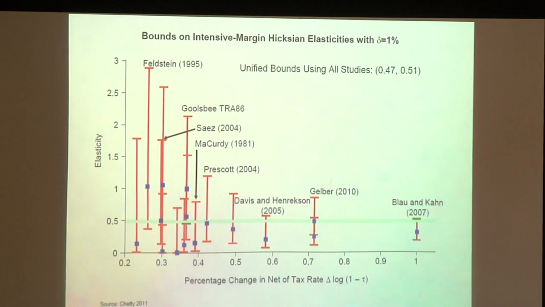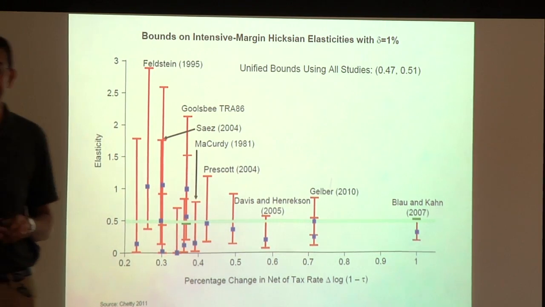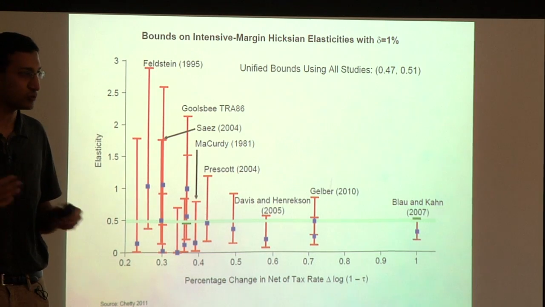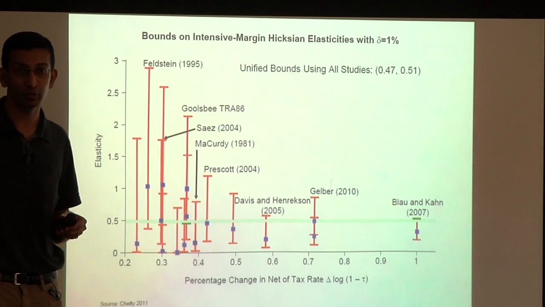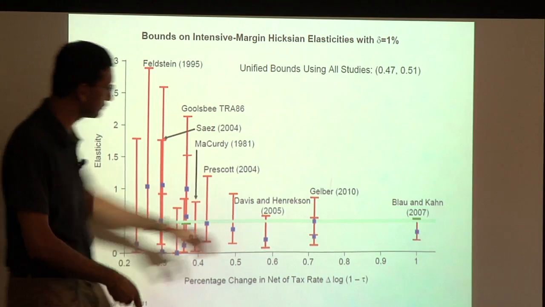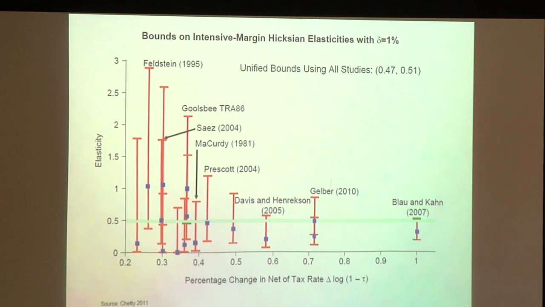And what's going on here, so like where do you get the upper bound? You have this Blau and Kahn study, which I described, which uses the grouping estimator. The grouping estimator generates very large wage changes because over the past few decades, it's not just about tax policy. There have been really differential wage trends across these groups. And if you believe their research design, that gives you a point estimate, but it also gives you a very tight upper and lower bound because it's got so much information. The idea is that if you have doubling of wages or halving of wages, people would probably start to pay attention to these things, right? That's basically the logic. Yeah.